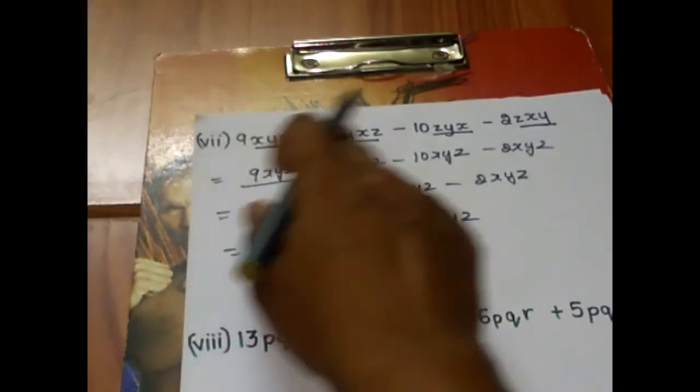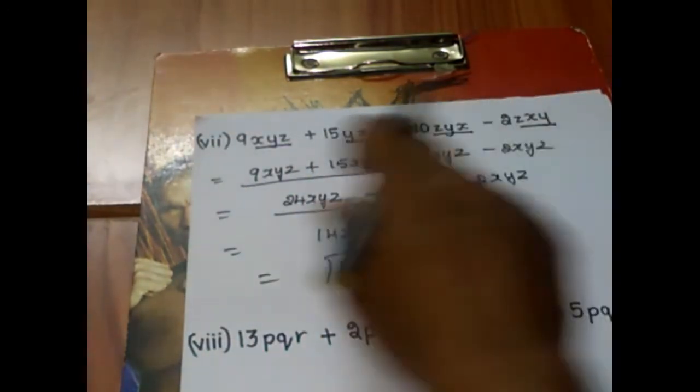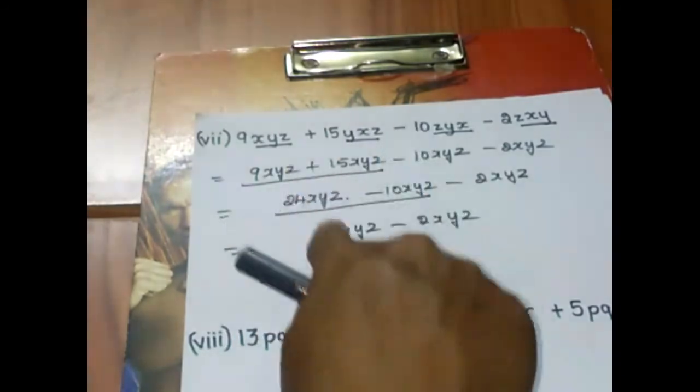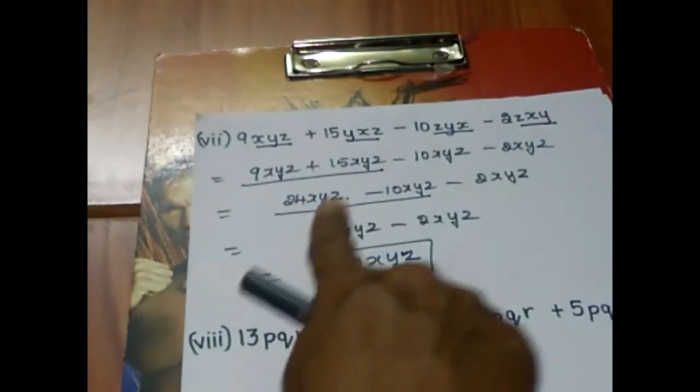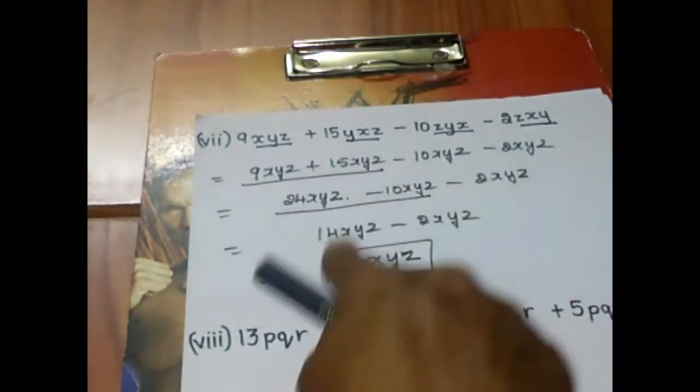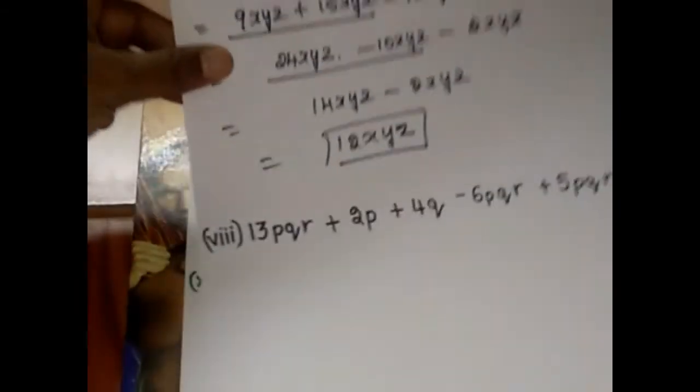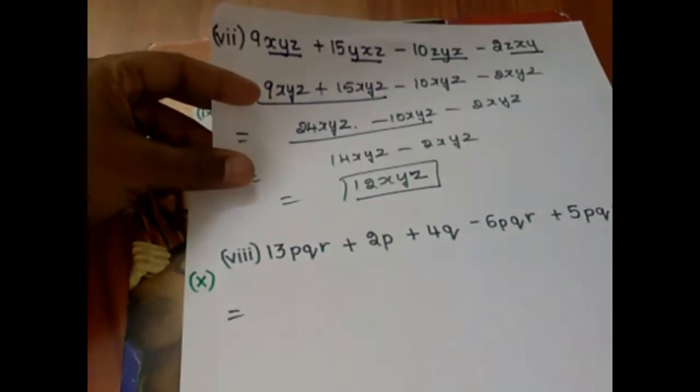So simple question, but you need to apply the same principle everywhere, children. That is whether they are like. Yes, they are like terms. Then start. Both plus, add and write plus sign. One plus, one minus, subtract, take the greater number sign. Again one plus, one minus, subtract, take the greater number sign. So if you apply the same logic everywhere, it seems to be very simple.